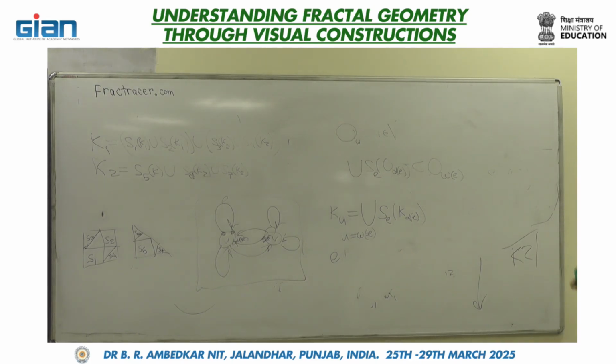So in this case, if the graph-directed system satisfies the open set condition, then all the components of its attractor will have